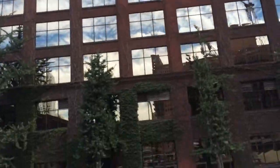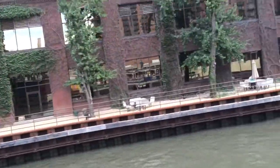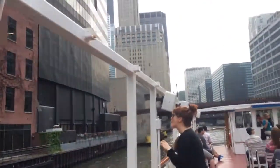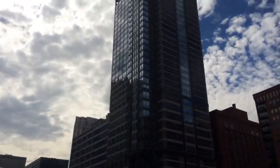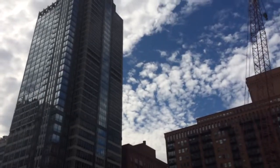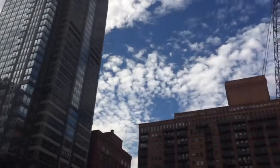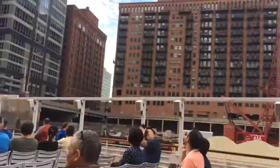All those temples and turrets and griffins and urns didn't belong here. It was a little tacky, a little dishonest. Why are we pretending like we're French or Greek or Roman when we're not? So there's a certain rugged Midwestern honesty at play with the Chicago School. Construction site on our right, it's going to be another residential building. Here's a quick